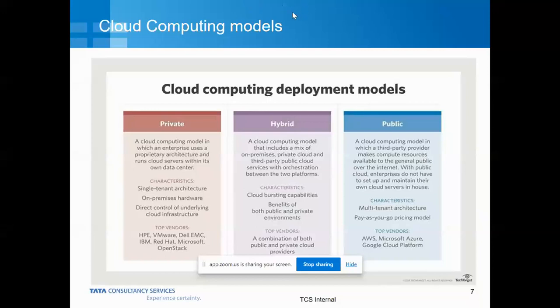Then we have something called public clouds. I was talking about AWS, Azure, and GCP, which are more of multi-tenant architecture. In public cloud, the difference is there also you can procure a system more physical in nature, but for a small enterprise, like if there is a small startup company, he doesn't want to invest